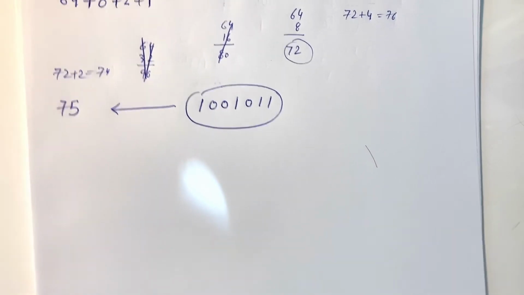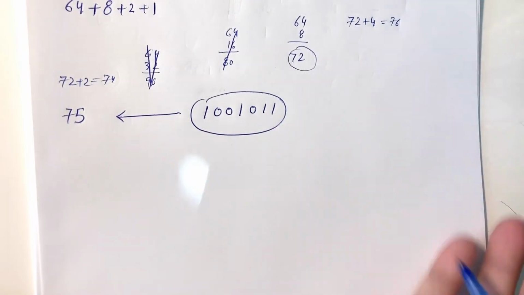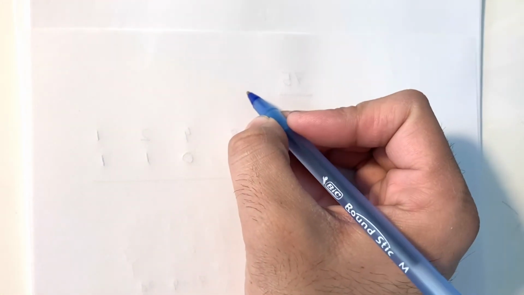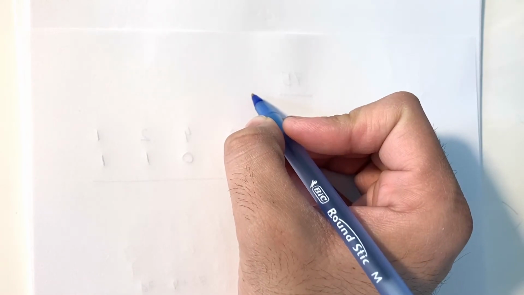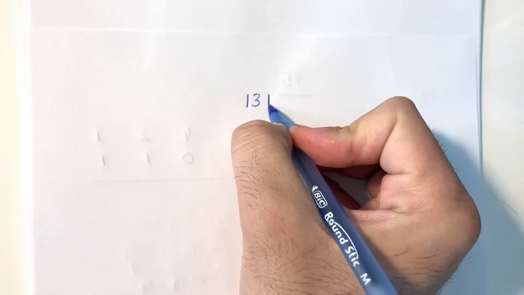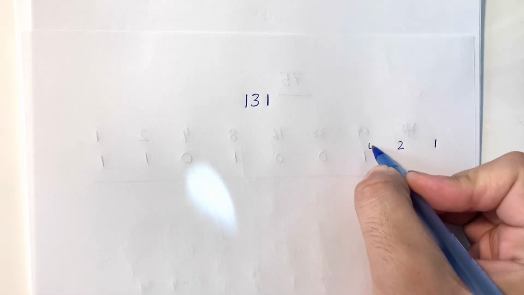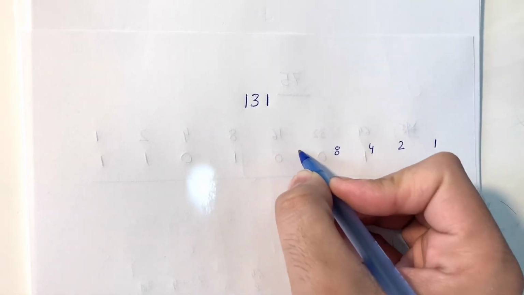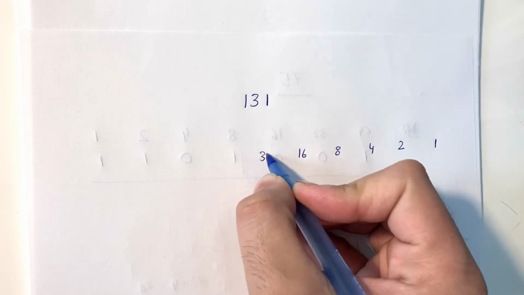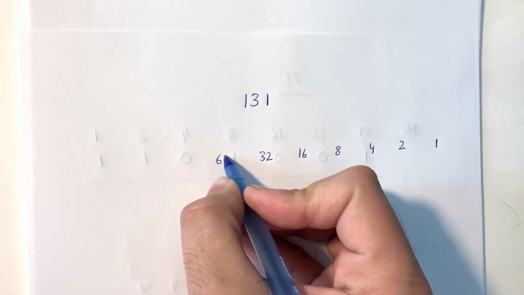Let's do another example. Let's try that as well. Let's take a big number, 131. We need to find the binary for this number. I'm going to write it down again: 1, 2, 4, 8, 16, 32, 64,